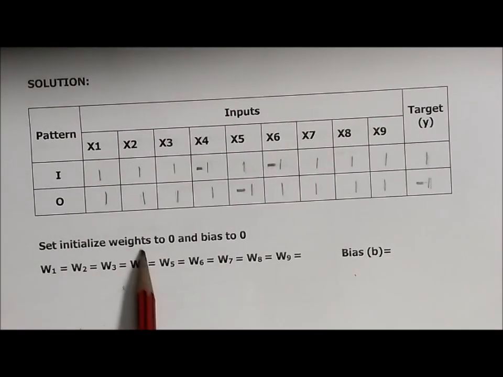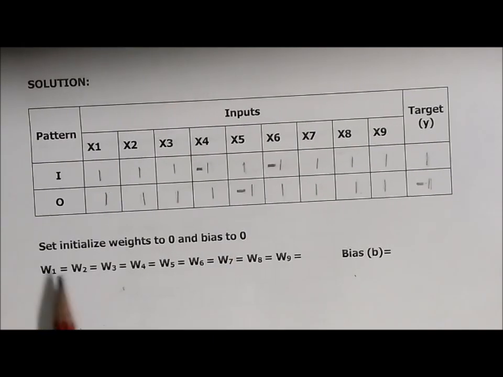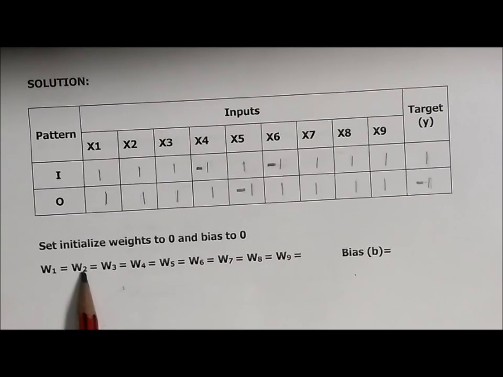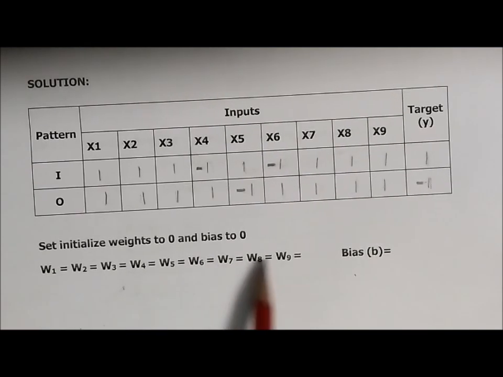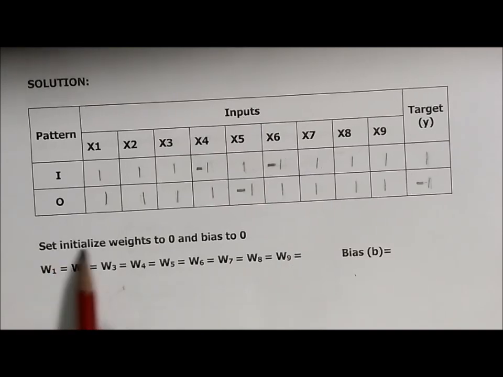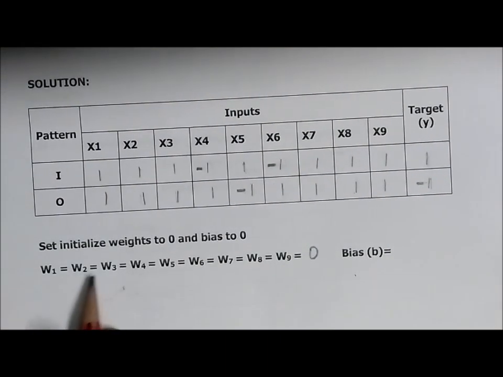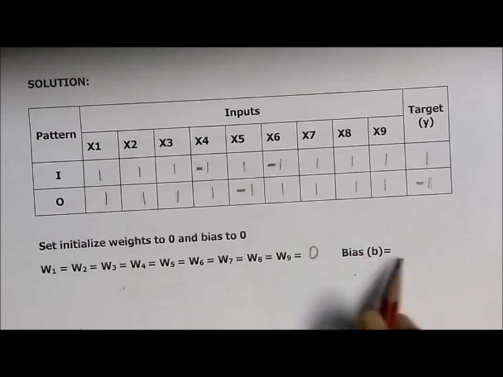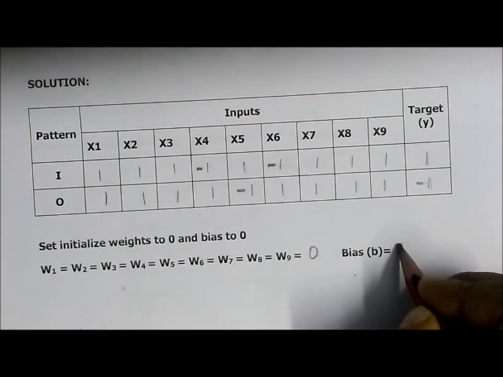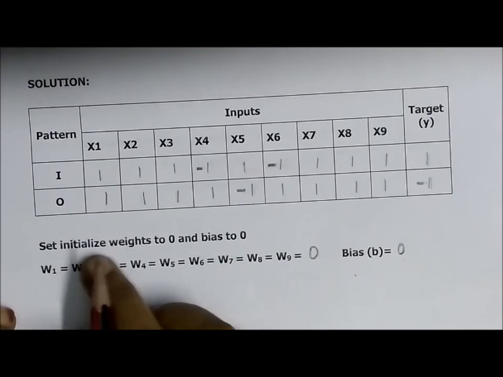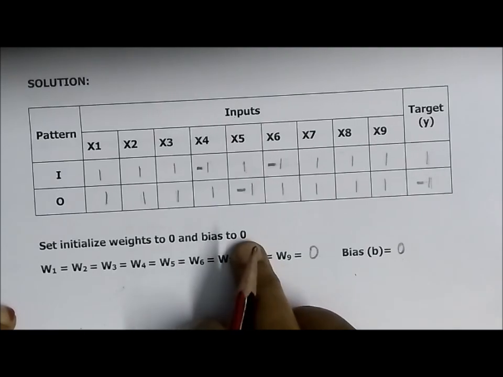Now we have to initialize the weights to 0 and bias to 0. So W1, W2, W3, W4, W5, W6, 7, 8, 9, all these are weights. We have to initialize all the weights to 0, so W1, W2, everything will be 0. And similarly for bias also we have to set it as 0. For simplicity and ease of understanding, we are just initializing the weights to 0 and